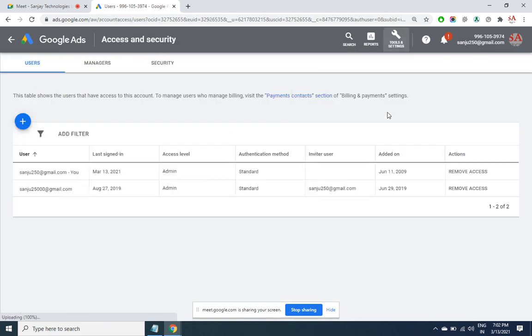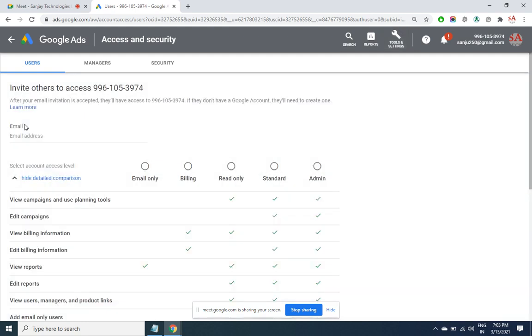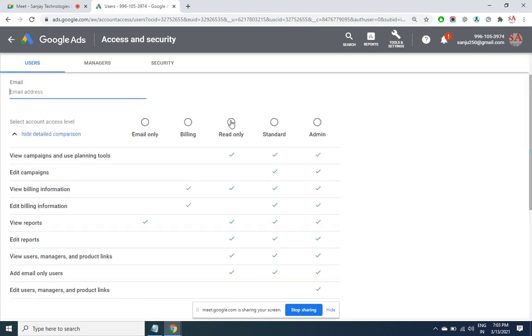You can add more users. If you are working as a team and you want to, let's say you are running an organization, your own firm, and you want to give some restricted access to the clients or maybe your employees, click on plus. Give the email ID of your employee or the client and give him the rights. Read only means he can only see everything. What and all that you are doing here, he can only see, he cannot edit, he can download. You give only billing option, he can only do payments, he can only see invoices.